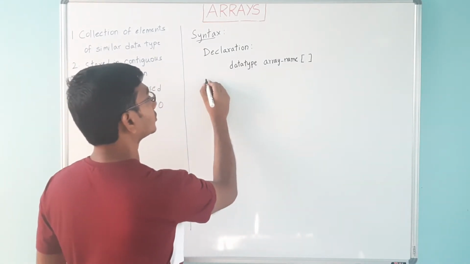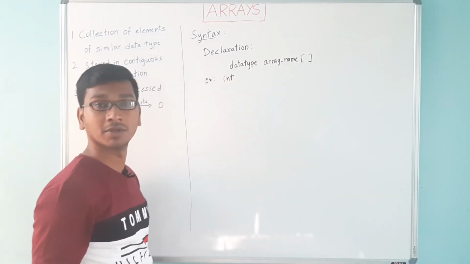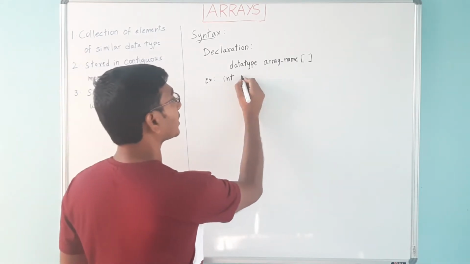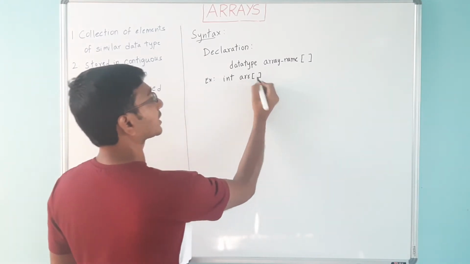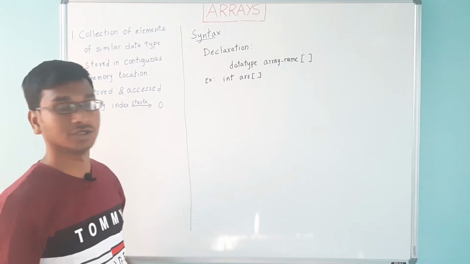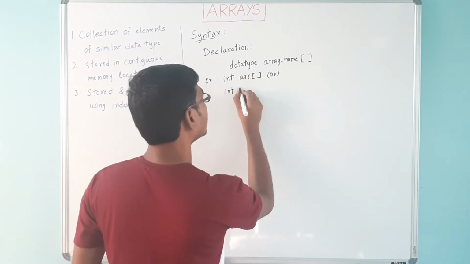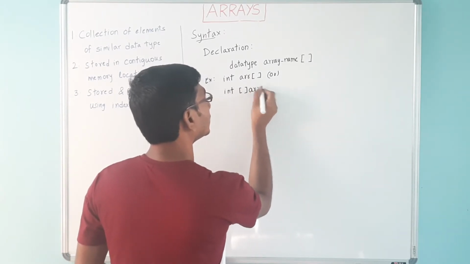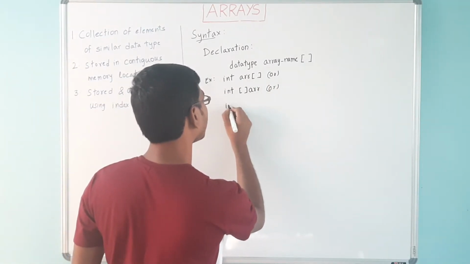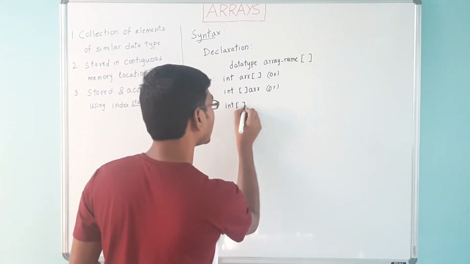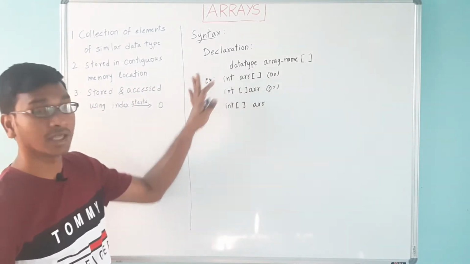Let's take an example now. So let's take the data type as we had in the last example, integer data type, and my array name is, let's say for example, ARR followed by square brackets, right? This is the declaration part, and we can also declare this array in this way. int, the square brackets can come before the variable name, or we can also have the square brackets immediately after specifying the data type. This is also valid syntax for declaring an array.